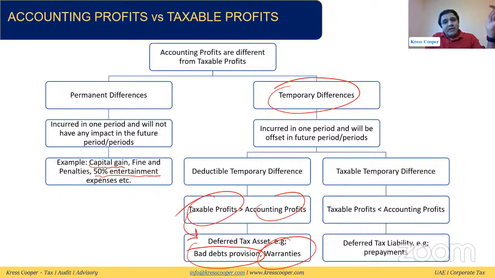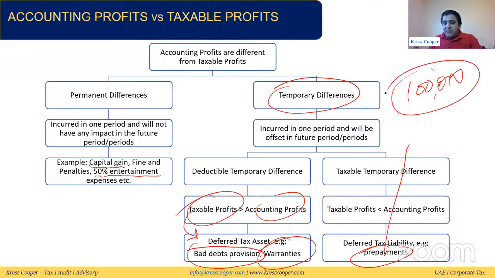In the same way, for taxable temporary differences, you will be liable to pay less tax now, but in the future, you will be liable to pay more tax. So take prepayments: if you are making prepayments, tax authorities usually follow the cash basis of accounting. Whenever you are making prepayments, authorities will allow 100% of the prepayments right now. So assuming the prepayments are